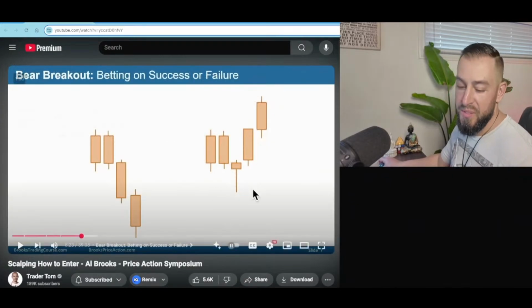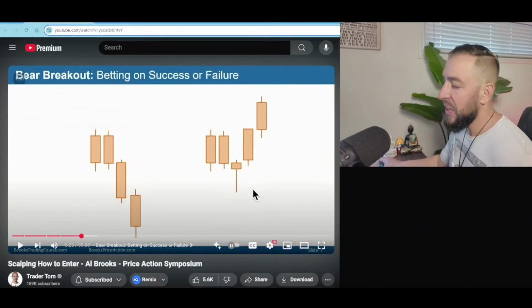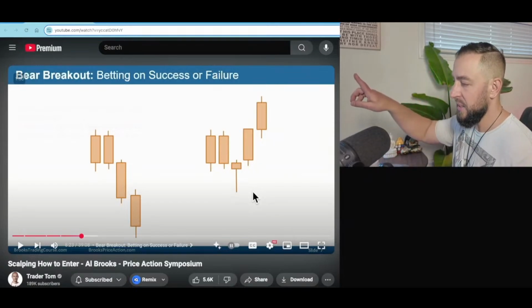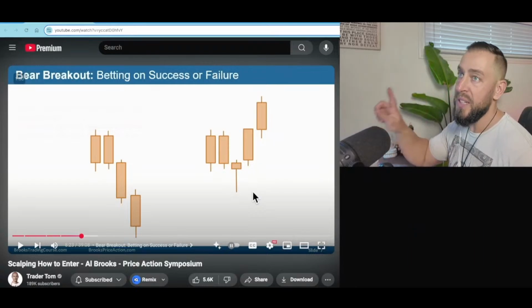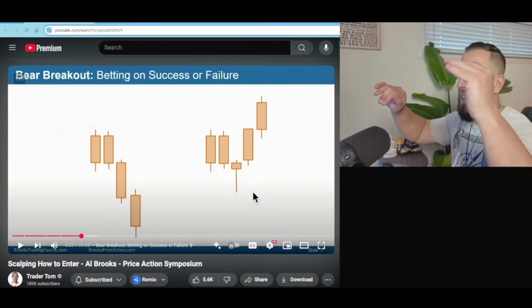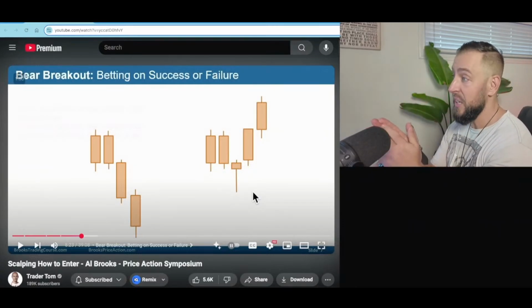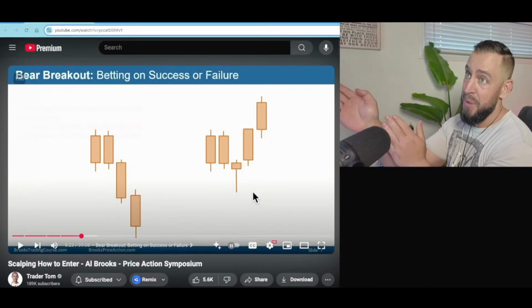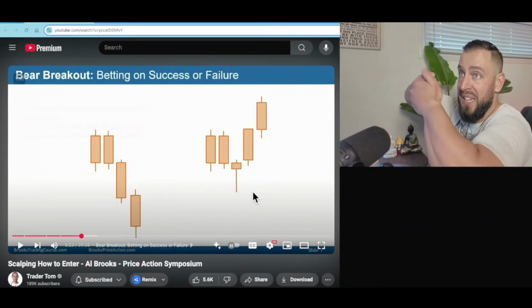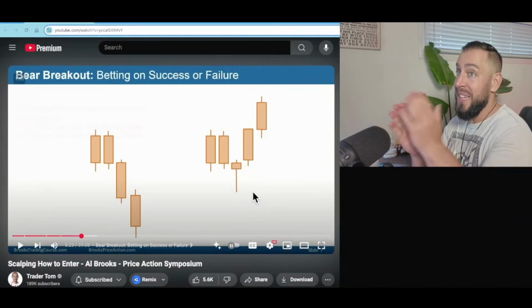Now, this is one of the keys to being successful in any trading strategy. Do you understand your position and the counter position? A trade, what does that mean? It means a buyer and a seller. Most traders only understand their position, what they think is happening. But you have to understand that a trade is this: you have a buyer and a seller. So everything you think, someone thinks the opposite.